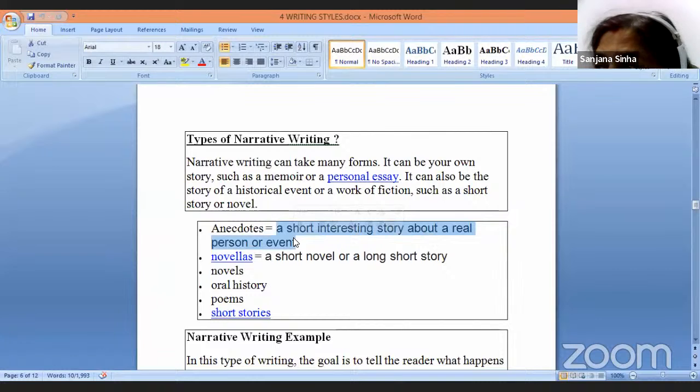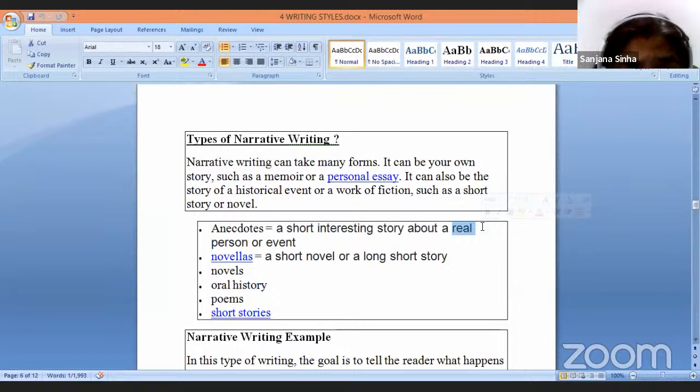Mostly you see the celebrities, they all talk about their anecdote. अपने experience के बारे में वो लोग बात करते हैं. आप देखा होगा कोई कॉफी विद कर्ण है या कोई भी सेलिब्रिटी को कोई अगर इंटरव्यू लेते हैं तो पूछते हैं कोई ऐसी इंटरेस्टिंग बात बताइए जब आपका पहला शो हिट नहीं हुआ, या तो they will talk about their anecdotes. It means they will tell you a short interesting story about a real happening that came across. So anecdotes का मतलब ही होता है something which is real about a person or an event, something which really happened.